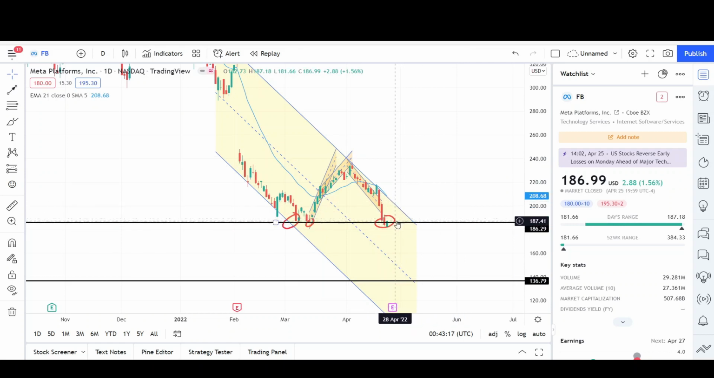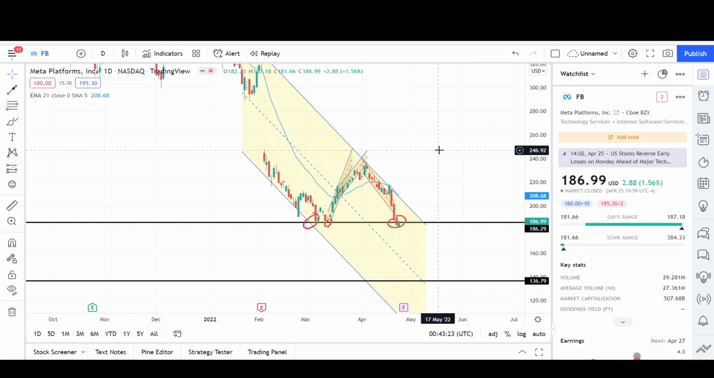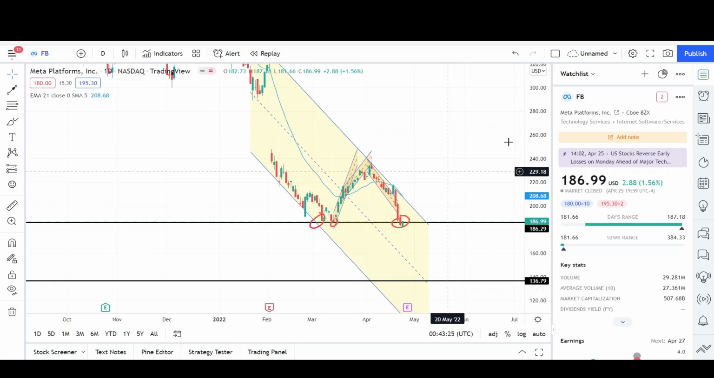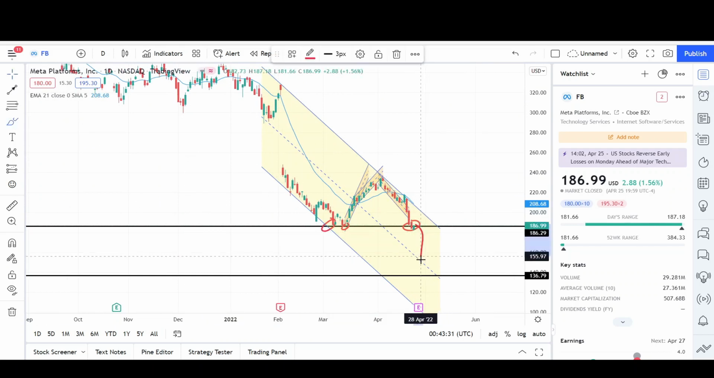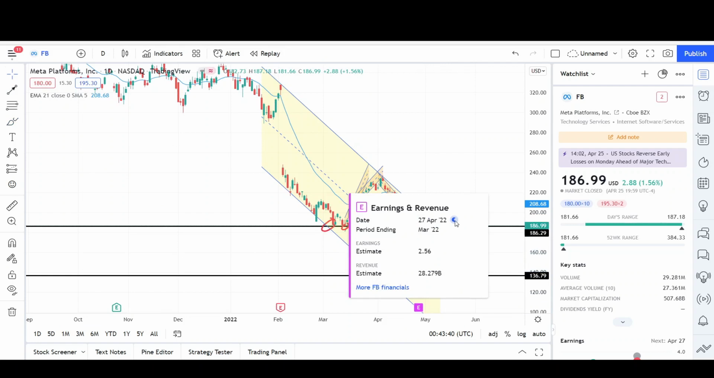So I doubt this measured move is even going to come into play, because this earnings could be harsh. We could see a large move up or a large move down. I'm betting on a large move down, just because this channel does look like it's working lower. So we could see lower prices this week, because earnings looks like they're going to be reporting after market